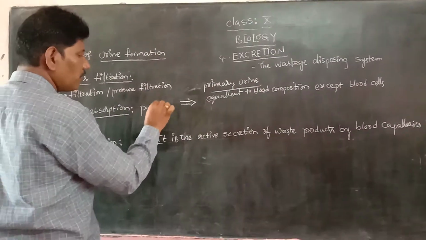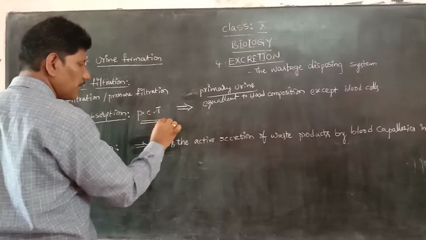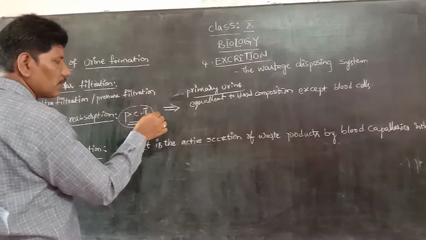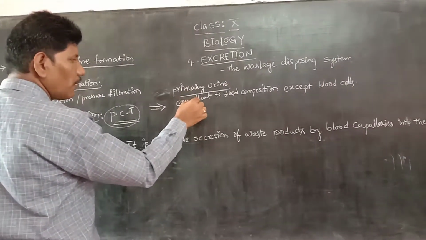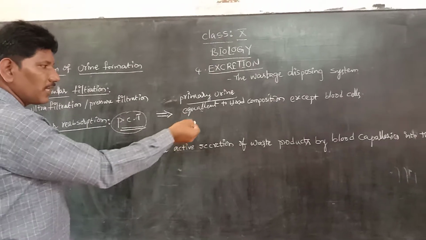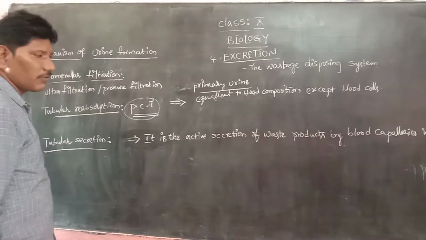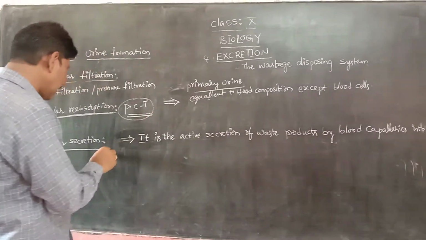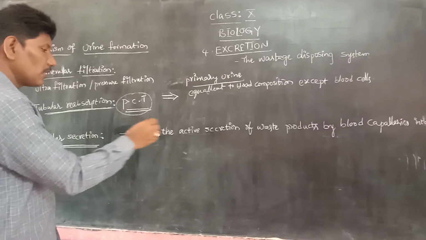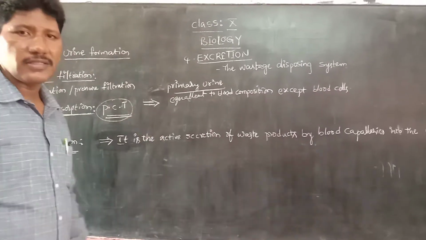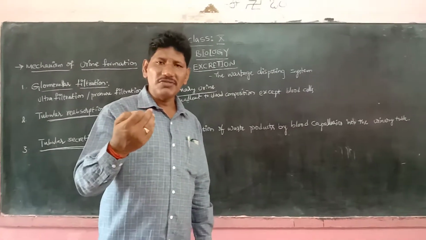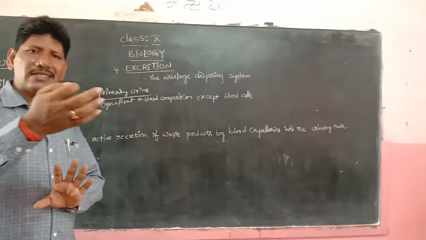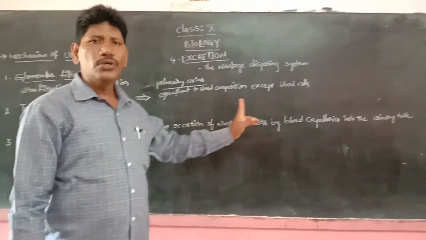First we have to explain, then we can support it with the textbook diagram. Once again I will explain in a detailed manner. In the PCT portion, the primary urine which is formed should be reabsorbed into the pericapillary tubular network. Next, it can be secreted in the DCT portion. The excess amount of salts and all these waste materials which are produced in this urine should be sent out through the DCT to the collecting tube.